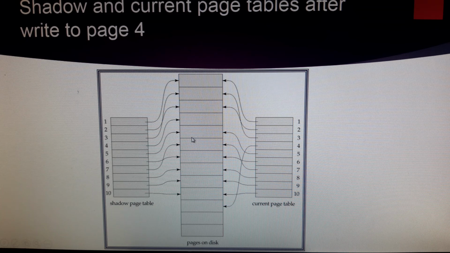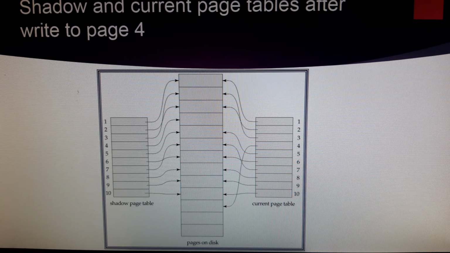If it is committed, then automatically a shadow page table is going to be created. Before update, it is pointing to the pages on the disk. After update, a new copy will be generated. What do we call the new copy here? The new copy is called the shadow page table.